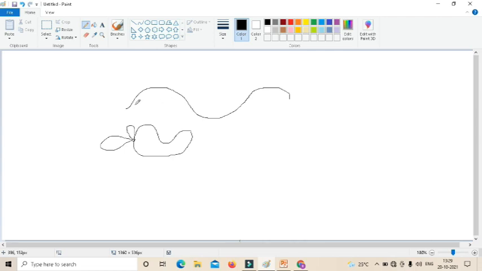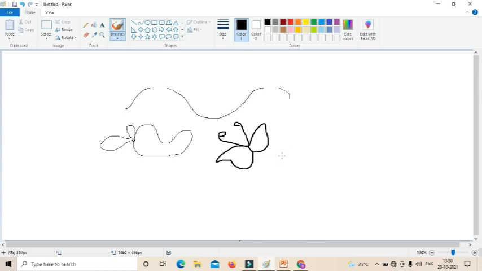And next is the brush tool. It is used to draw a thicker line than the pencil tool. It draws lines like a brush used in watercolors. So for selecting the brush tool, first we have to click on the brush tool. Then you just click the left mouse button and drag to draw a picture on the screen. And the line is a little thicker than the pencil tool.